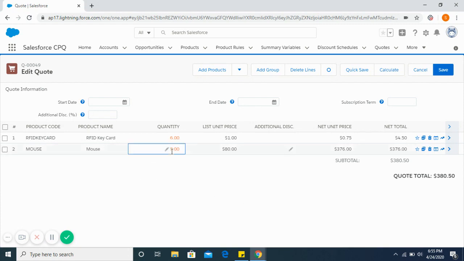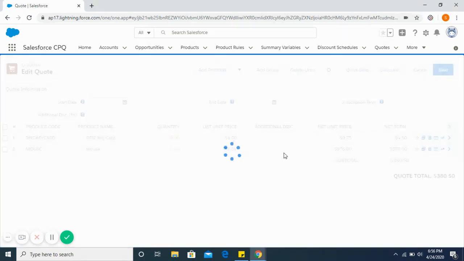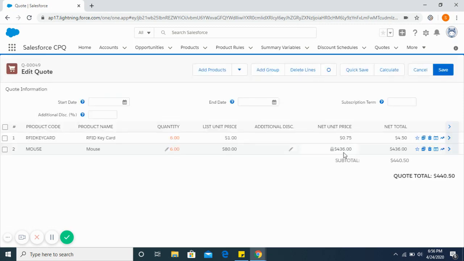Now if you change the quantity to 6 units, it shows a price of 436. And how is that calculated? It is 80 into 2, 160, plus the next 3 units at 10% discount, which is 72 into 3, that is 216. And the next 1 unit at 25% discount to $80, that is $60. So 160 plus 216 plus $60 is 436.